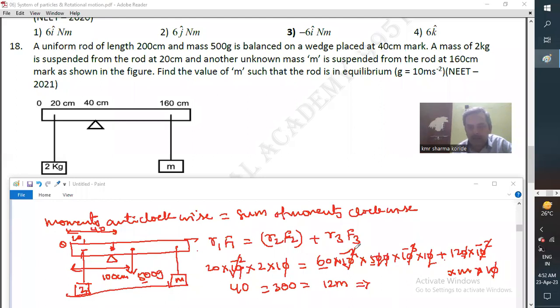Here we cancelled this minus 2, and this 10 is already cancelled. That is the gravity part. So this is going to be 0.5, because there is minus 1 still left. So 0.5. Therefore, this is going to be 30 only, plus